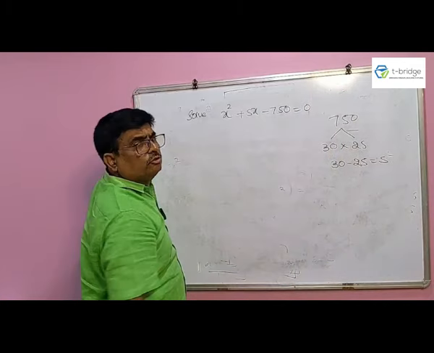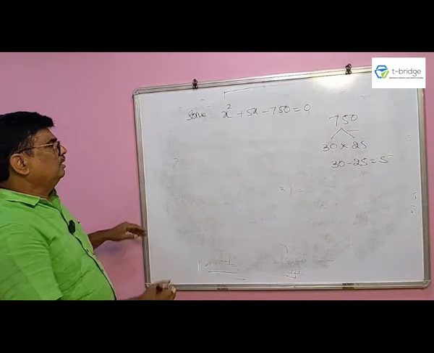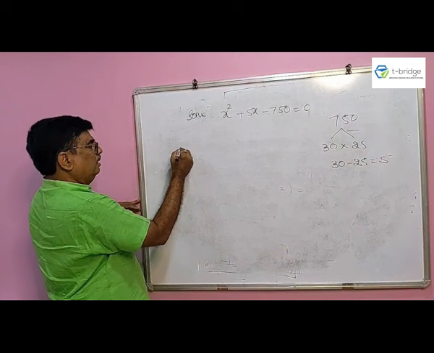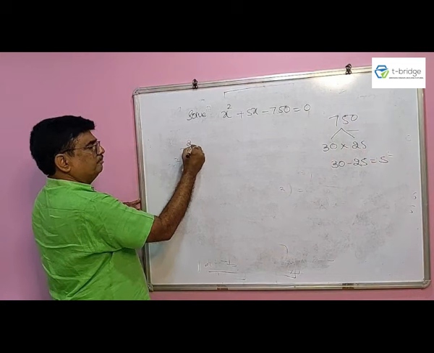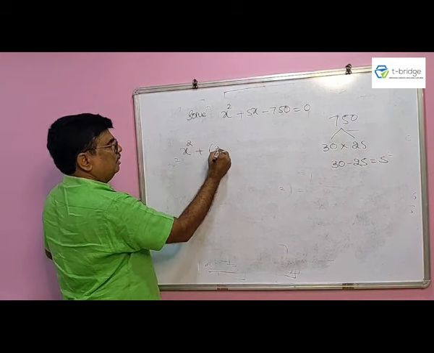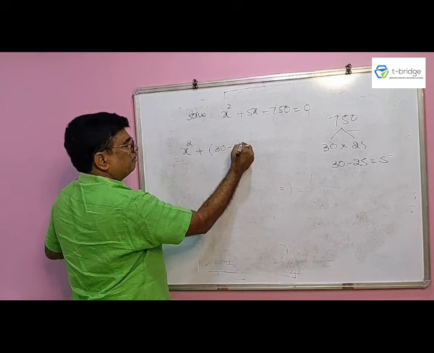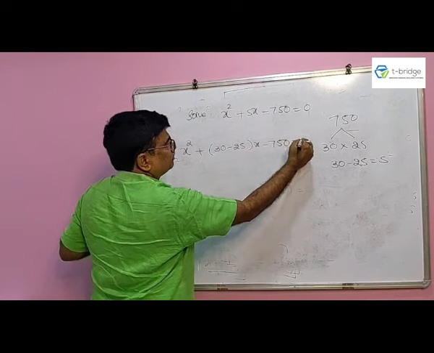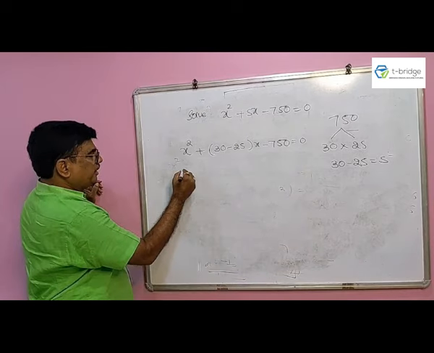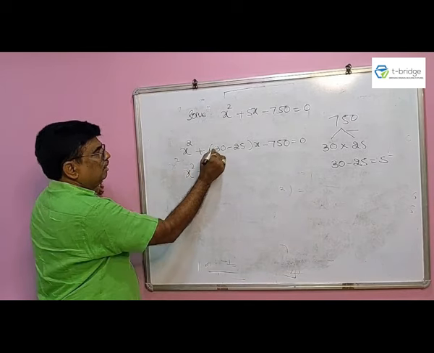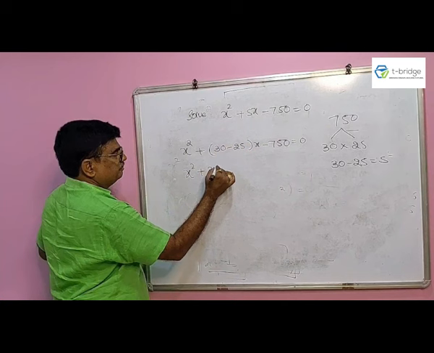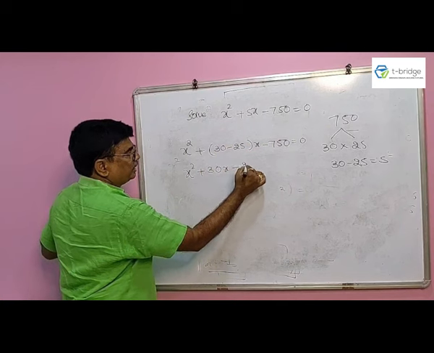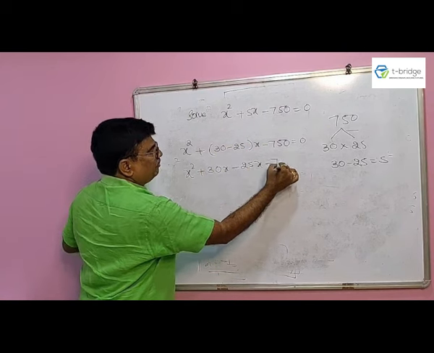प्राइम फैक्टर्स करे तो भी आ जाता, बहुत लंबा हो जाता, ये सिंपल इजीली मालूम होने का है। x स्क्वायर प्लस 30 minus 25 into x minus 750 equals to 0। Open the bracket, x square plus 30x minus 25x minus 750 equals to 0।